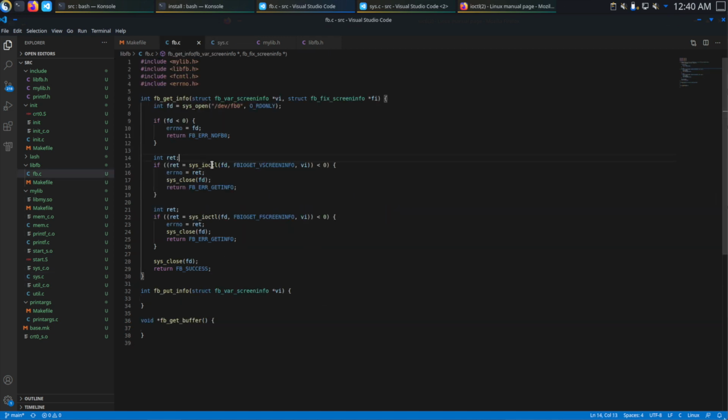Alright, so now back to our file buffer code. So this vScreenInfo takes the VI, that's the argument that we are passing into it. So now with the FBPutInfo, we're essentially going to do the same thing. So we're going to open up the FB0,